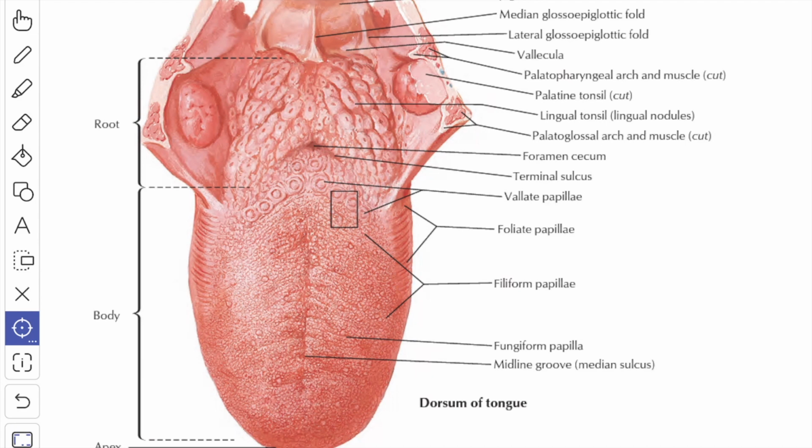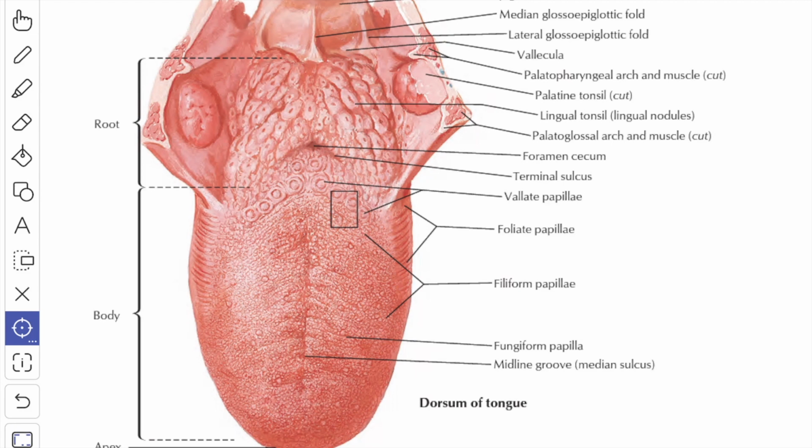The sulcus passes forward and laterally from the central depression that is known as the foramen cecum, which indicates the commencement of the median thyroid rudiment as the thyroglossal duct. The features of the mucous membrane of the oral and the pharyngeal parts of the tongue are different. In the presulcal part or the oral part, the mucous membrane is adherent to the underlying muscles by the lamina propria, and it is provided with numerous papillae of different types. Each papilla is a projection of lamina propria covered by the mucous membrane.